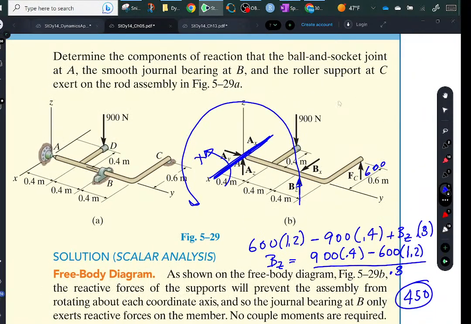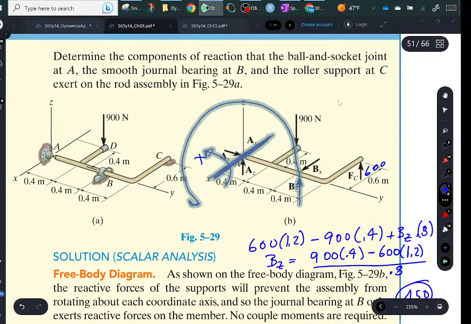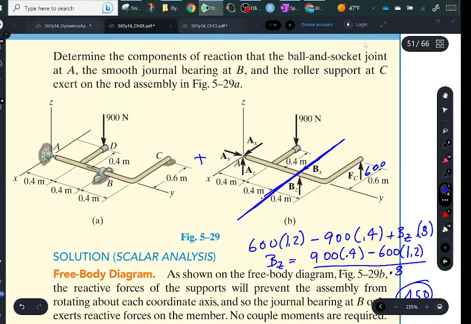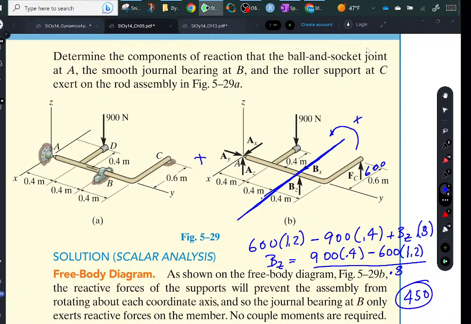So now what other moment can I do to find an answer? Well, I can do moments about anywhere. Let's just take this line right here, and I'm going to do moments this way being positive. So now I got 600 and 900, both 0.4 across. So 600 plus 900 times 0.4. And this AZ is going to be